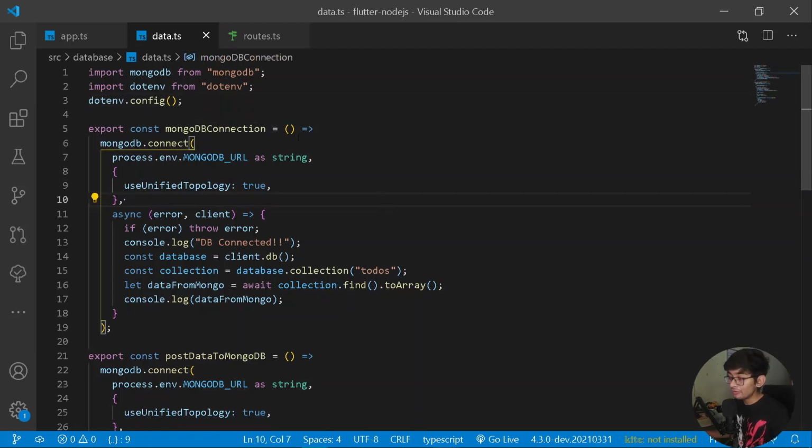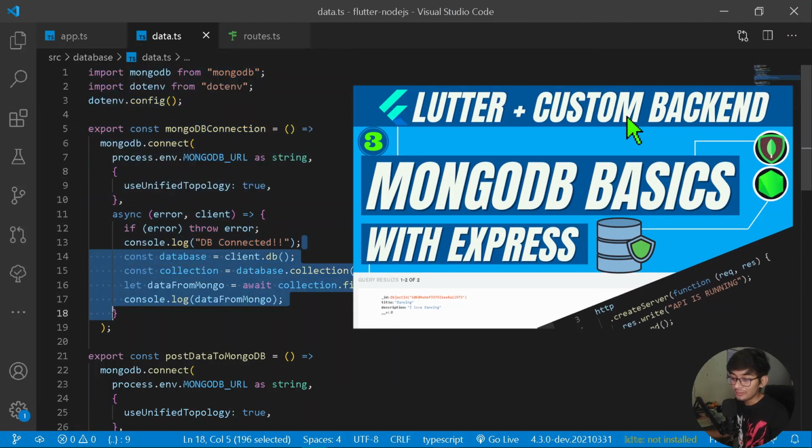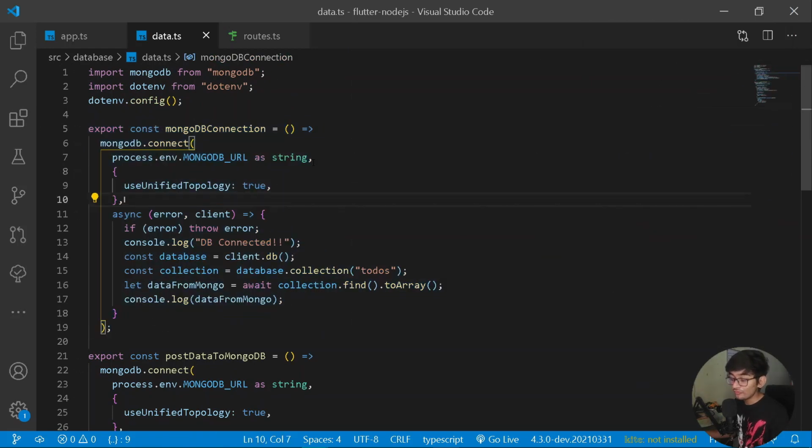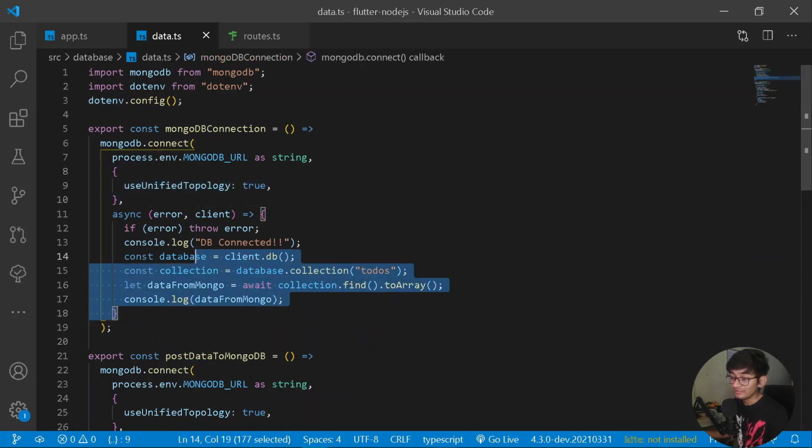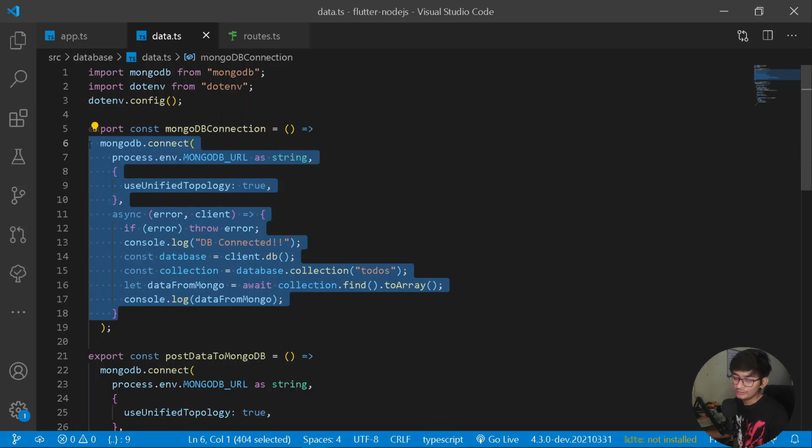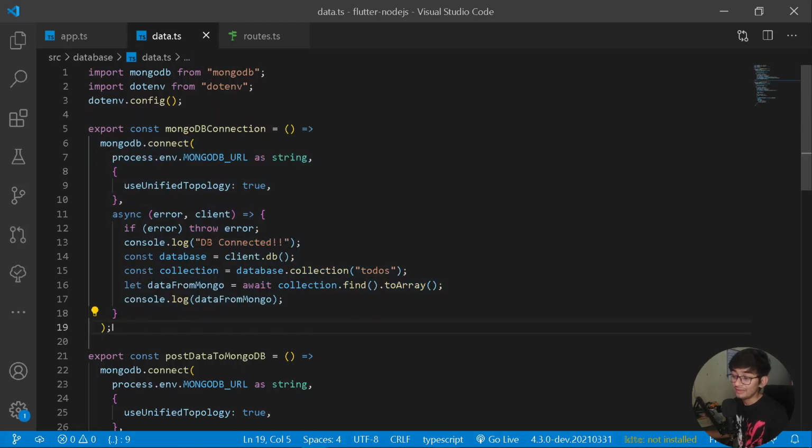So once we have opened Visual Studio Code, if you remember in our previous video, we implemented the following model of our entire database operations of our MongoDB. So in this video, we need to create some custom ORM for our entire application. What I mean by ORM is, instead of writing these hard-coded things, we only need to write some of the operations for simply saving data, getting data, updating data, or even deleting the data.